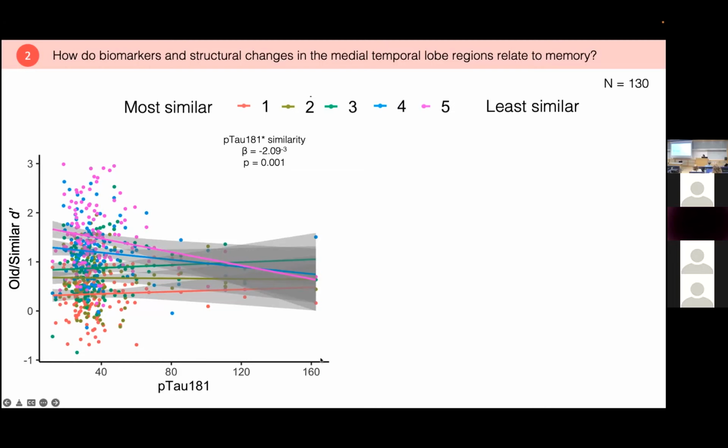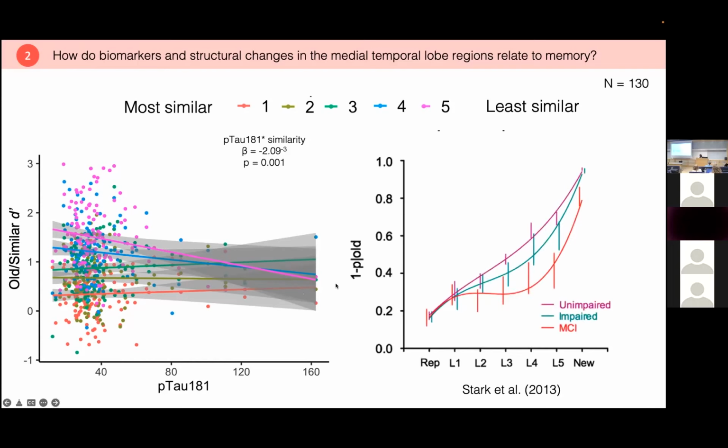In comparison, if we look at the participants with high levels of p-tau, you do not see this improvement across the performance. Participants at lure bins 4 and 5 are performing just as well as they did on lure bins 1 and 2. This indicates across the board that participants with p-tau are showing an interaction with similarity trials. They're performing just as well as the older adults with low p-tau, but it's not until the trials get easier, where you would expect improvements in performance, that they're not really showing that gain. And this is actually relatively similar to how MCI participants perform on this task.